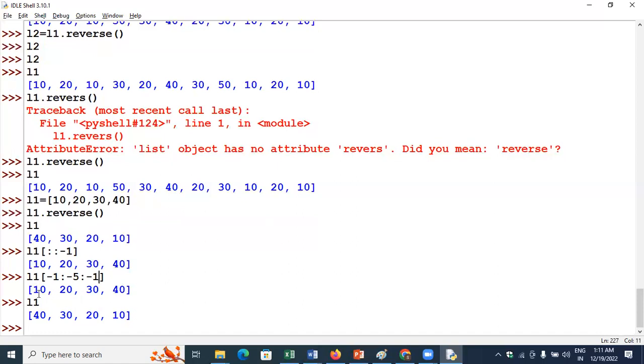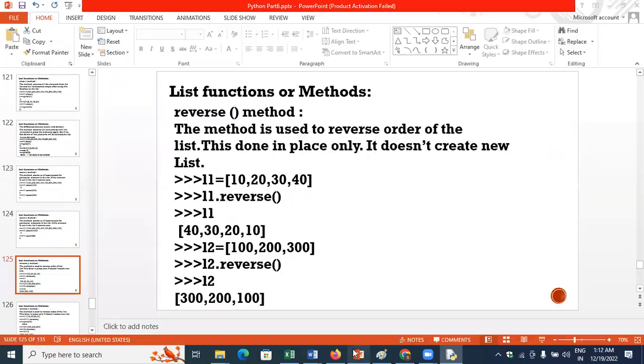If you use this one, say 10, 20, 30, 40, the actual list is still 10, 20, 30, 40. So we can also do it like this. -1 is the last element, so you can move in the backward direction. The backward direction step value is -1. Where do you want to move? -1, -2, -3, -4. -4 means 10 won't come again. I want the 10 also, that's why I give -4. Hope you understood. Okay. Next,